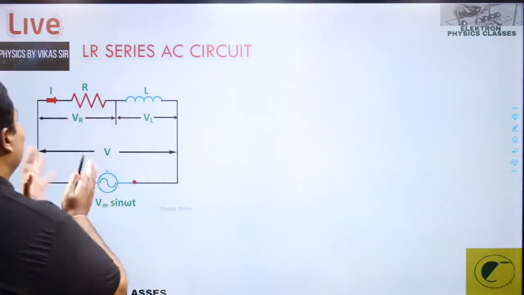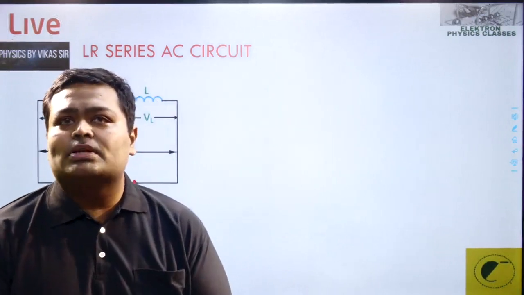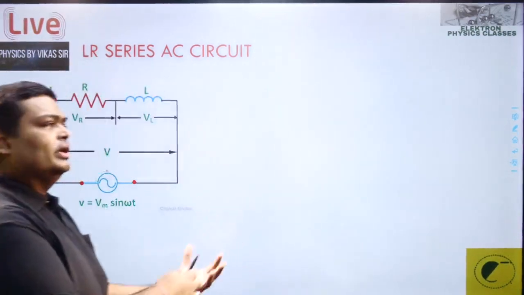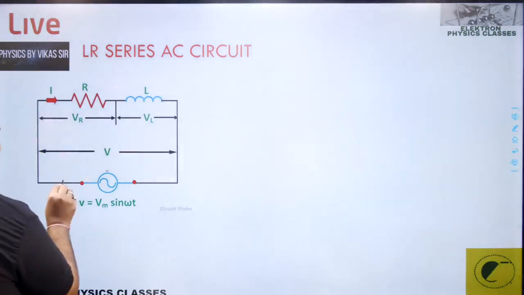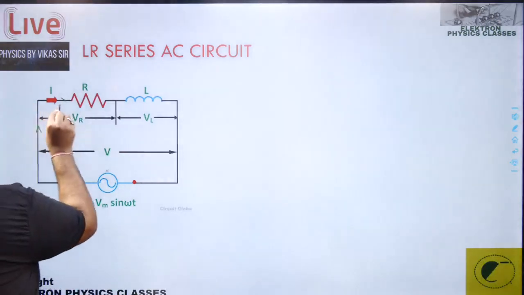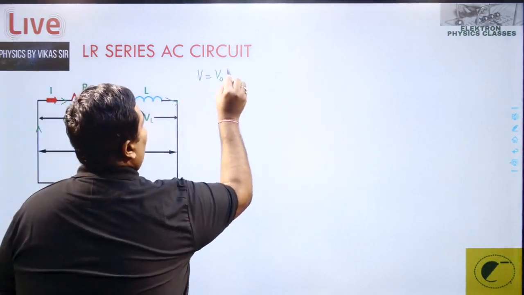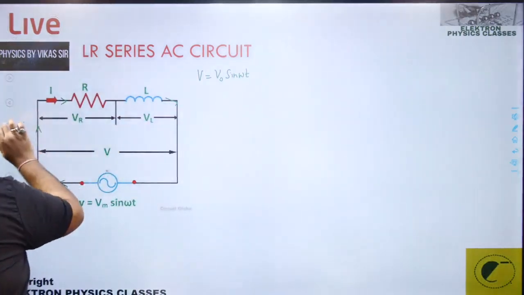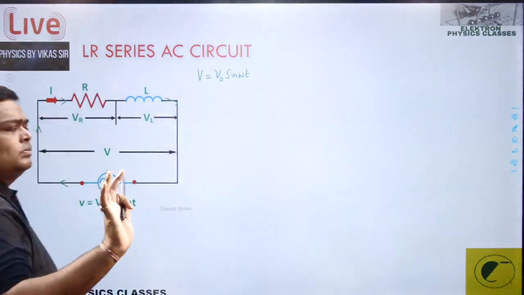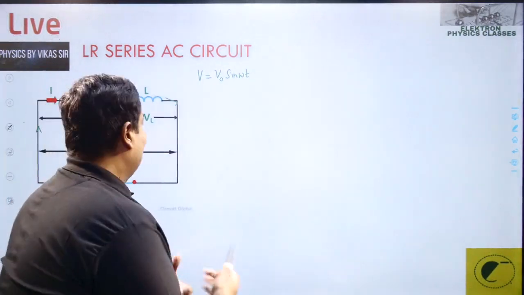The entire voltage is divided into VR plus VL, but not in the manner V equal to VR plus VL. But how come? I told you. So now keeping that intact, that's a series circuit. And the voltage input is V as V naught sine omega t. That's the voltage input. And we have to finally reach where? Current. Okay. तो करें, शुरू करते हैं। कैसे?